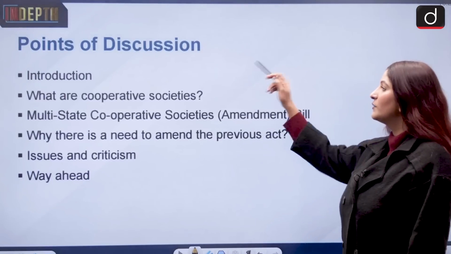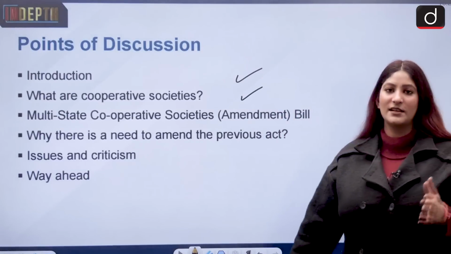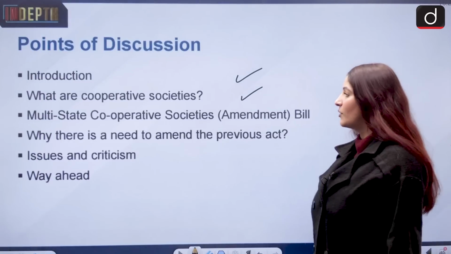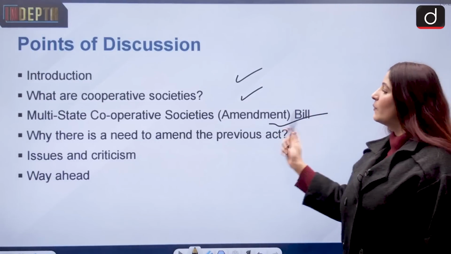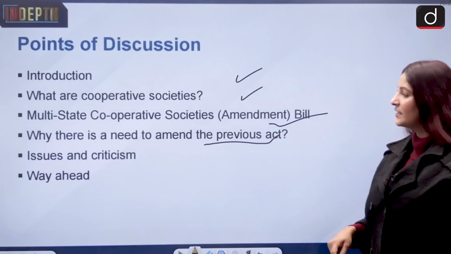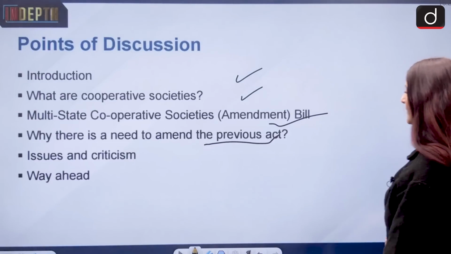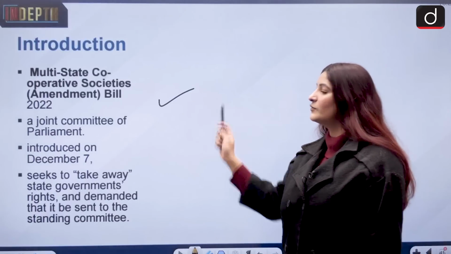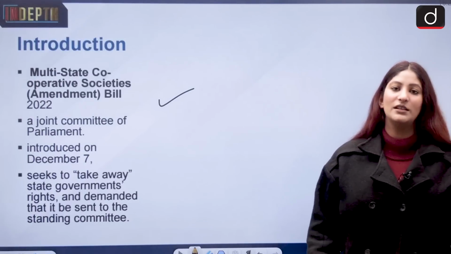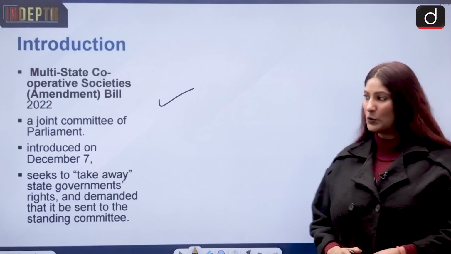Introduction, of course, why we are discussing the cooperative society. Under that, we will discuss multi-state cooperatives as well, and the key features of the bill proposed. Why there is a need to amend the previous act, issues and criticism of the bill, as well as the way ahead. So, the Multi-State Cooperative Society Bill 2022 was introduced in the Lok Sabha on 7th December 2022,